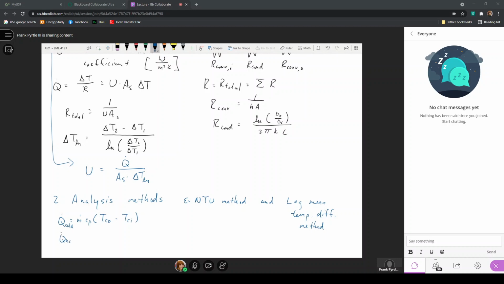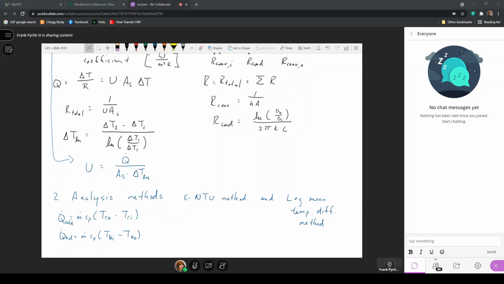The heat transfer rate out of the hot fluid is the mass flow rate times the specific heat times T hot in minus T hot out. That heat exchange is defined just based on this mass flow rate times the specific heat. This expression we call a m dot C sub P. We'll use a capital C, and this is what's called the capacity rate